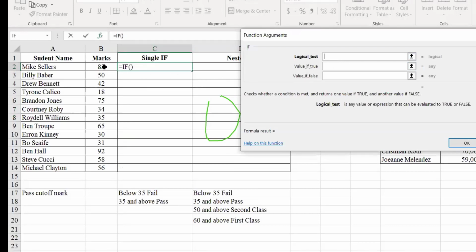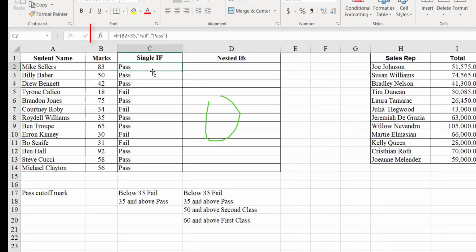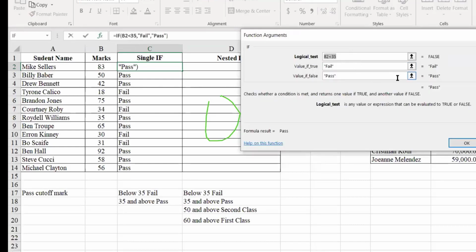So this 83 is less than 35. If it is true, this should be fail. If it is false, what we want should be pass. And click OK, and the same thing, you just copy. So if you are not comfortable writing directly here, you can always go to this fx Insert Function, and here you can type whatever you want.